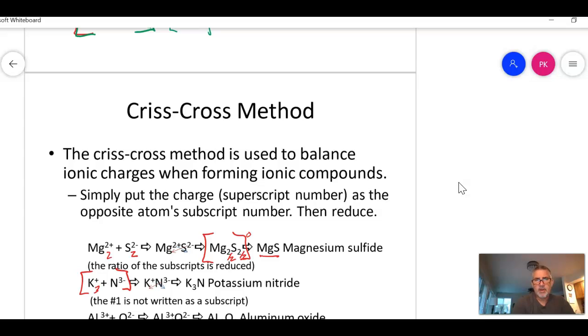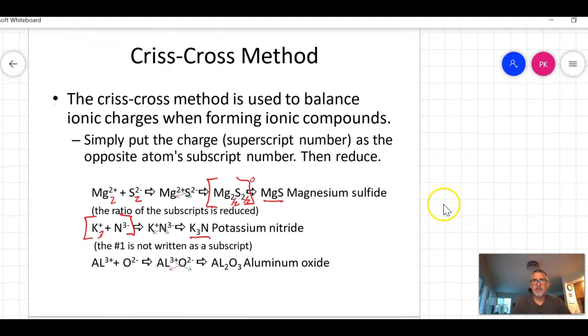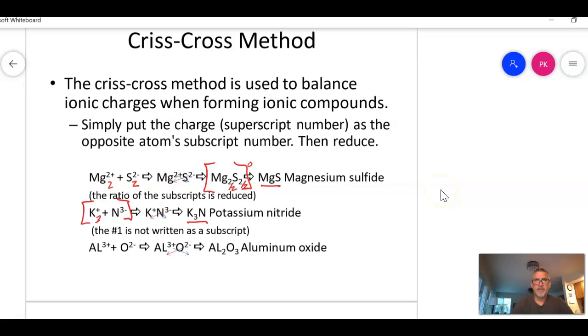write ones. So now I have 3 positive charges and 3 negative charges, and that's why I get K3N, or potassium nitride. Right? The anions get the suffix ide. Same thing here. If this is going to be my compound, I would have to bring the 2 down here, and I have to bring the 3 over here. So now I have 6 negative charges and 6 positive charges. Now we get aluminum oxide. Okay, so the crisscross